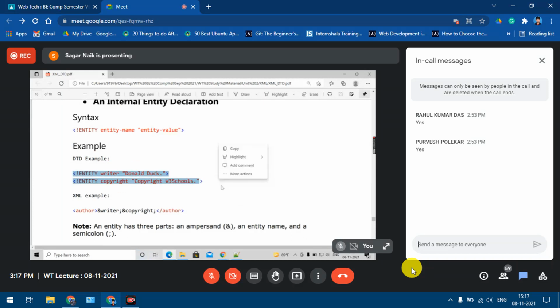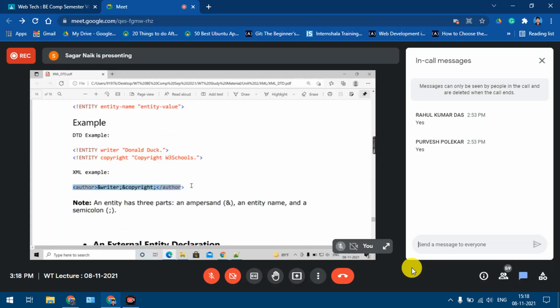In these two statements, I have defined two entities. What are the names of the entities? One is writer, one is copyright. What is the value of the writer entity? Donald Duck. What is the value of the copyright entity? Copyright W3 Schools. Understood now? So this is how we can define our own new entities. Similarly, in the second statement, I have defined the second entity, copyright, and this is its value. Now in my XML, if I'm using this statement,